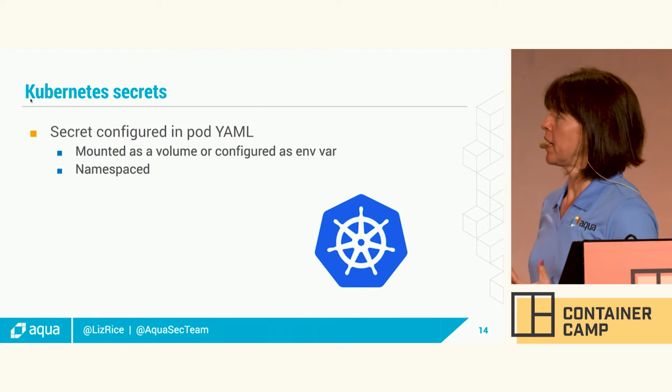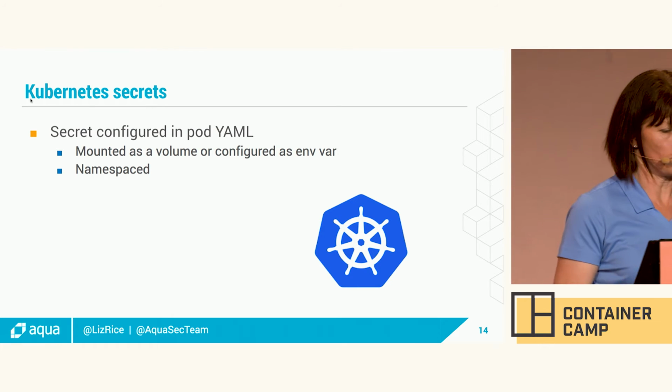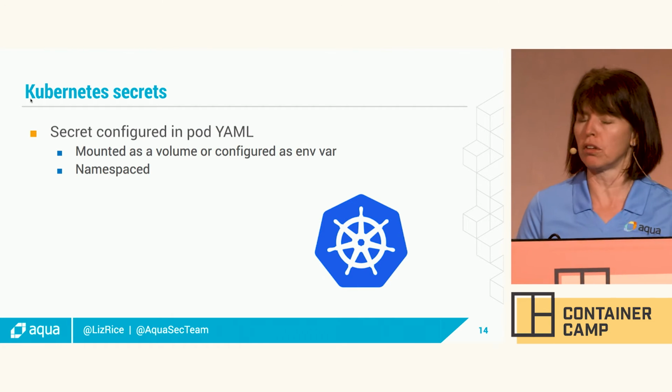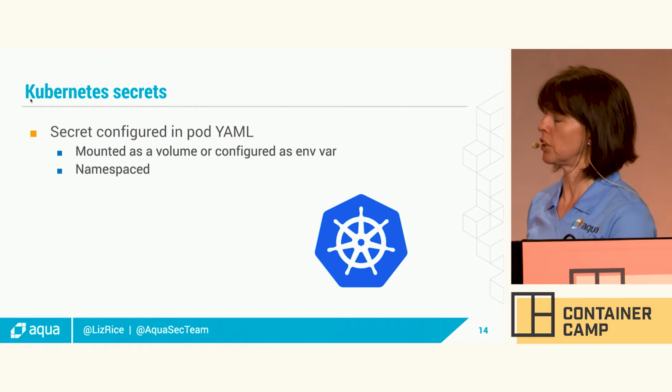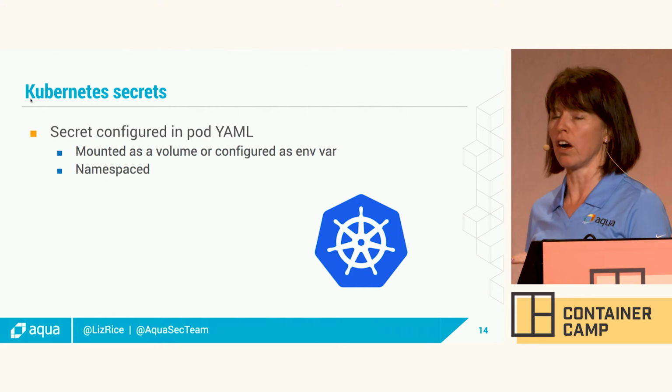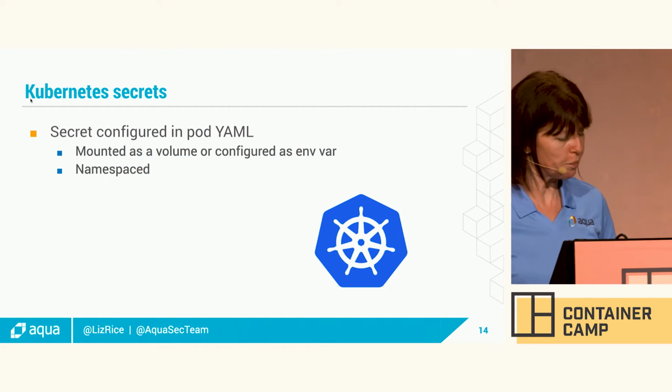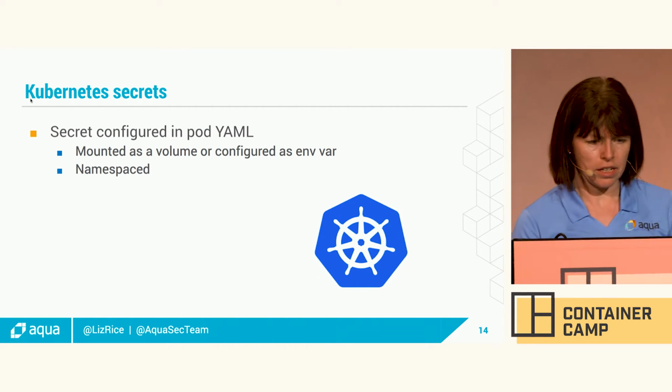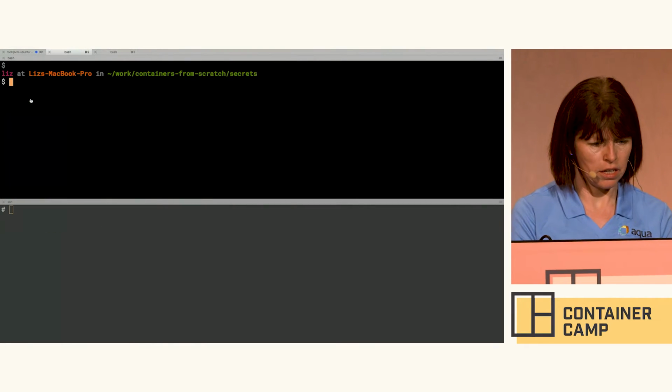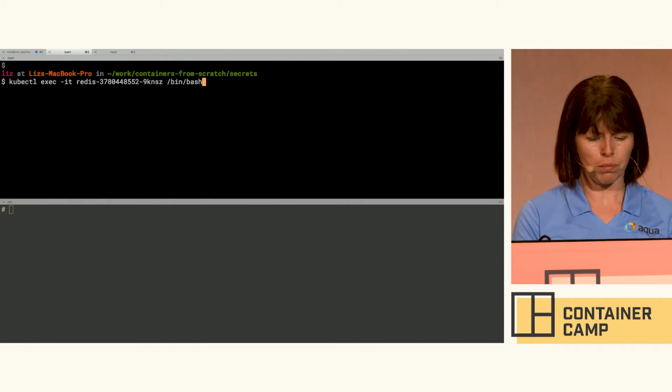Kubernetes. Secrets in Kubernetes, like all the resources, are configured as YAML, and they can be namespaced, which already gives us a certain amount of isolation between different projects. Let's have a look at a YAML file for a pod